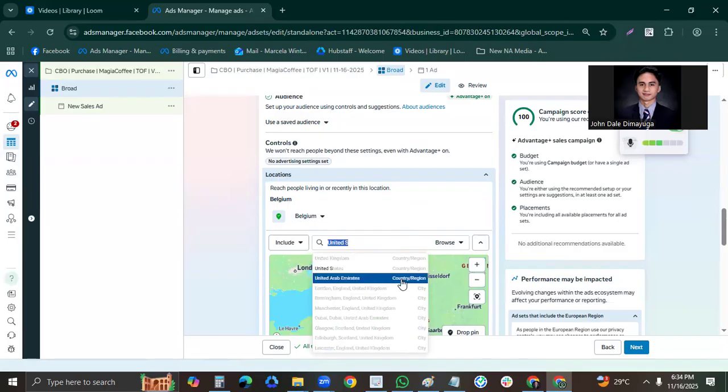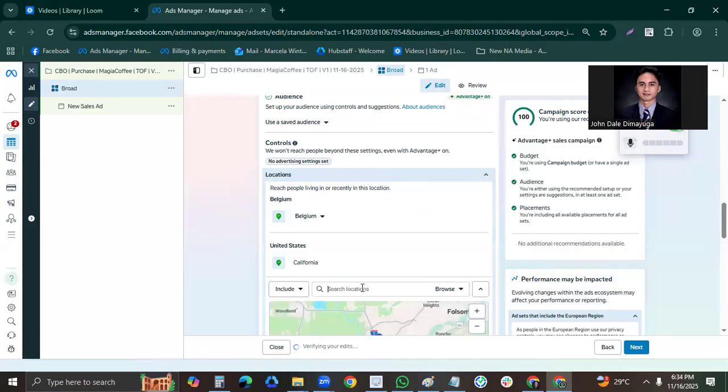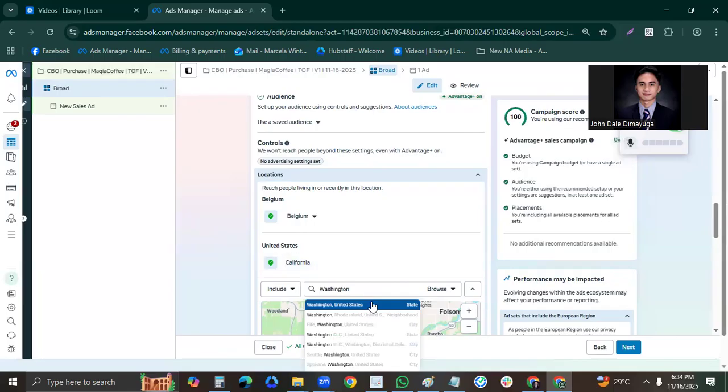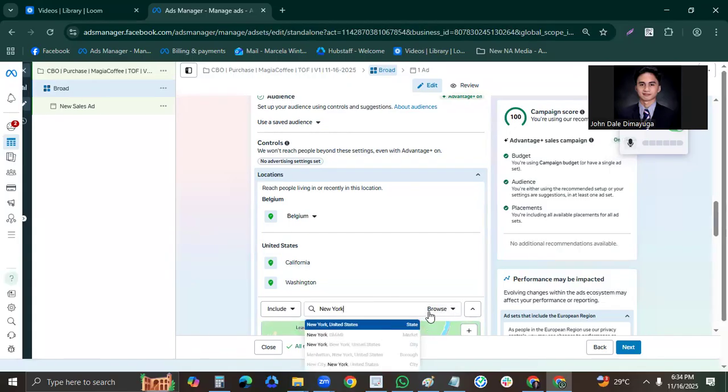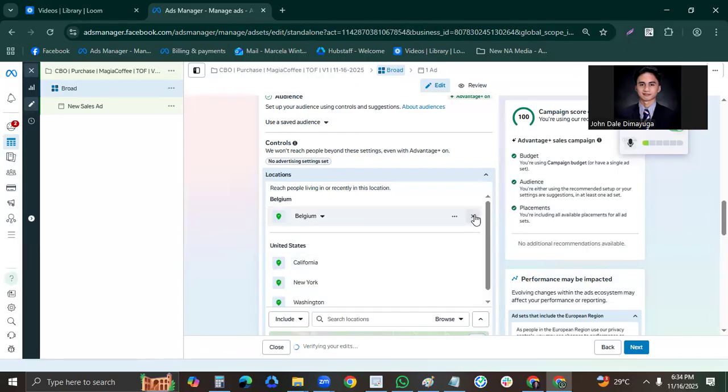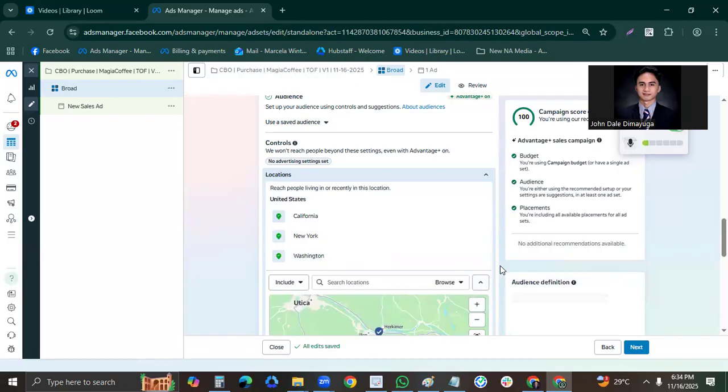Three states in the United States. Let's say California, Washington, and New York. This is just a sample. Location targeting. Let's X this Belgium. We don't need this.